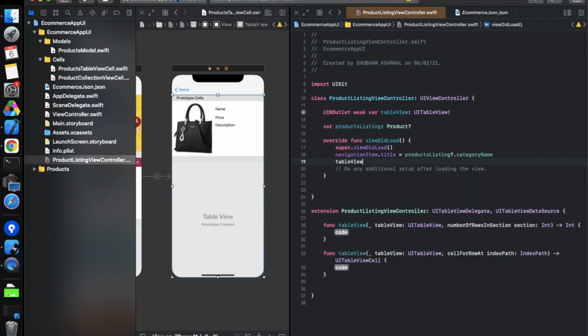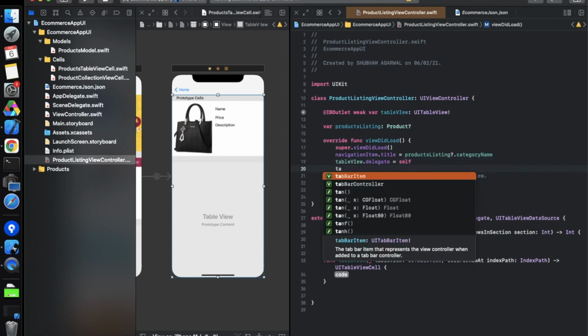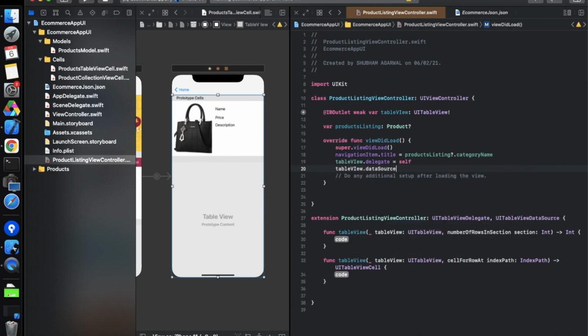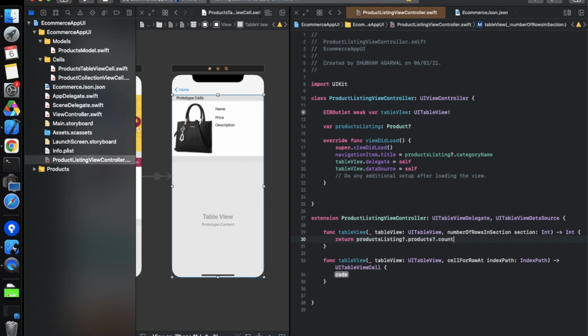So tableView.delegate equals self, tableView.dataSource equals self, like this. So now let's use this over here. Simply return productListing.products.count, something like this, because it will contain all the products of this specific category type.